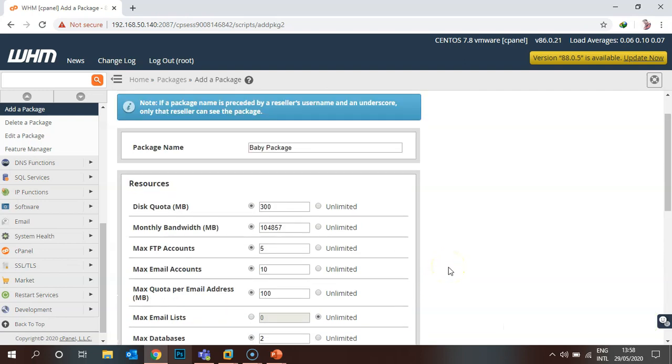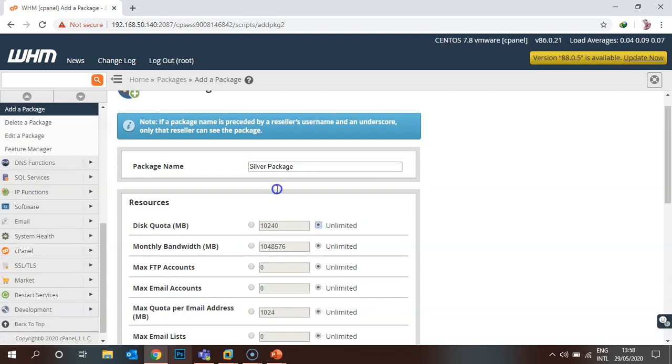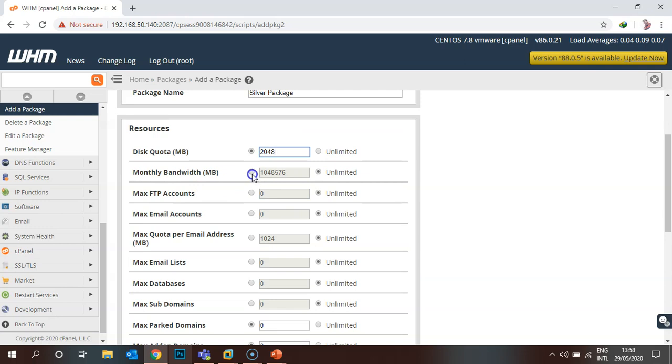Now I'm creating a new package called silver package. I click on add a package and give the name silver package. For disk quota I'll give around 2 GB. For monthly bandwidth, I'll give unlimited. Maximum FTP accounts should be unlimited. Maximum email accounts, I'll give 20.